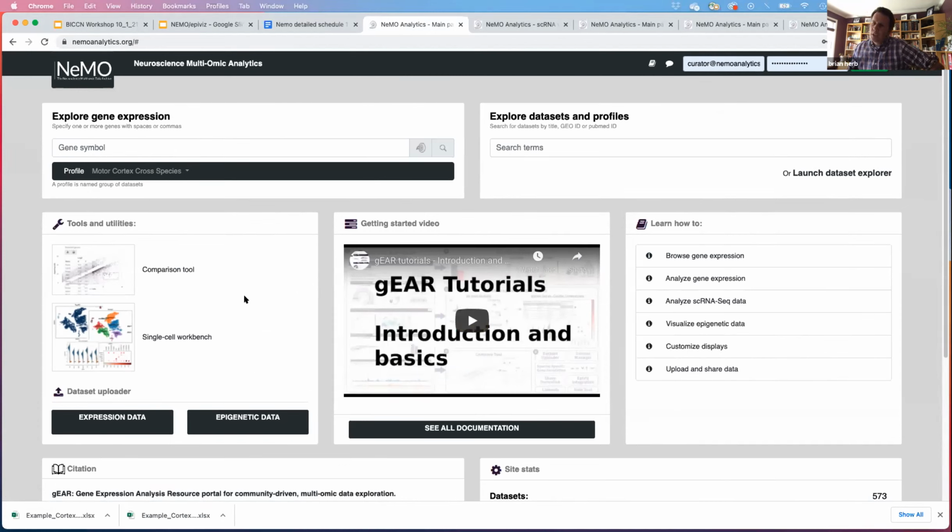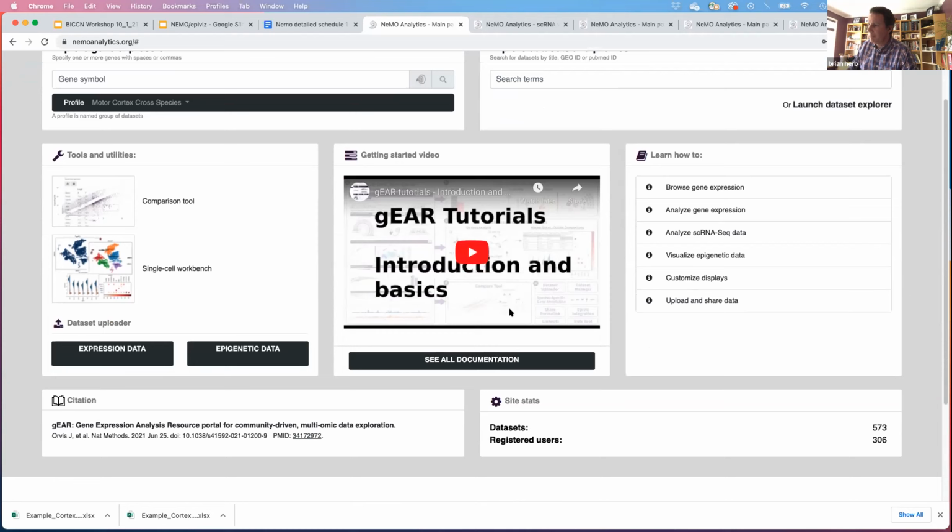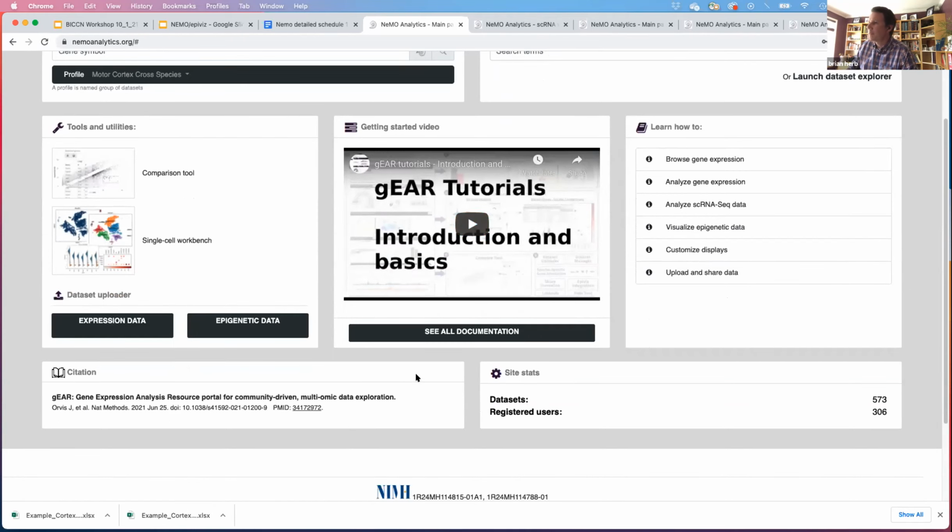A few other quick items as we're on the front page right here. These will be the tools and utilities we'll dive into in just a little bit. There's that single cell workbench that I mentioned. If you need any help with the manual, there's a whole host of videos that we've already walked through all the different aspects of this. Gear, by the way, is the underlying engine of this website. So there was a nice recent Nature publication on just the actual platform itself. And this is a very adaptable platform. You can use this on any other types of data that you want. And again, more manuals there. And there's that recent publication.